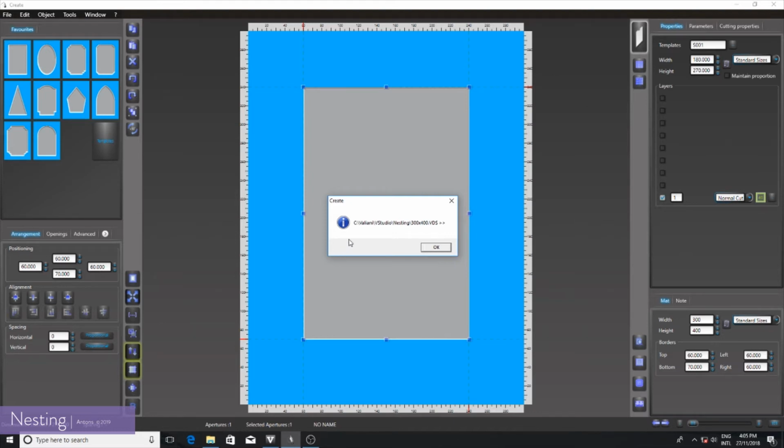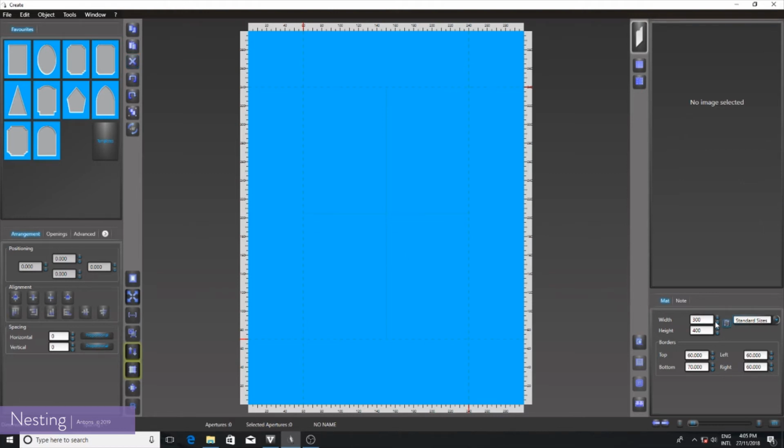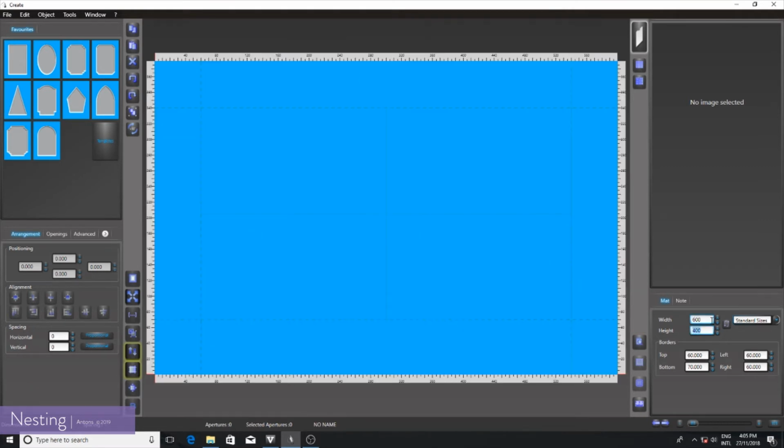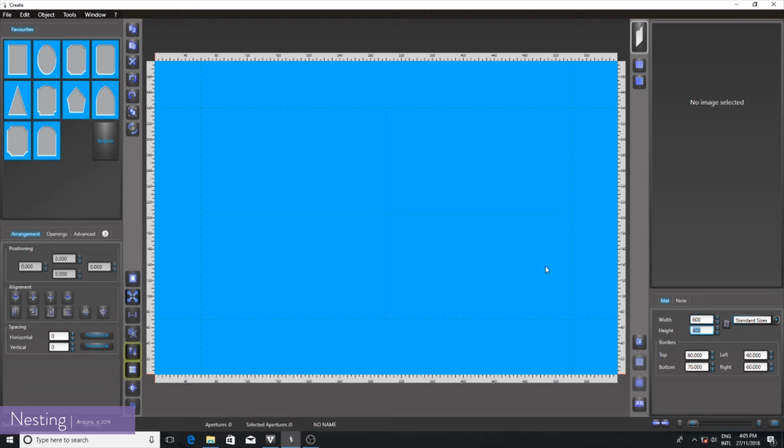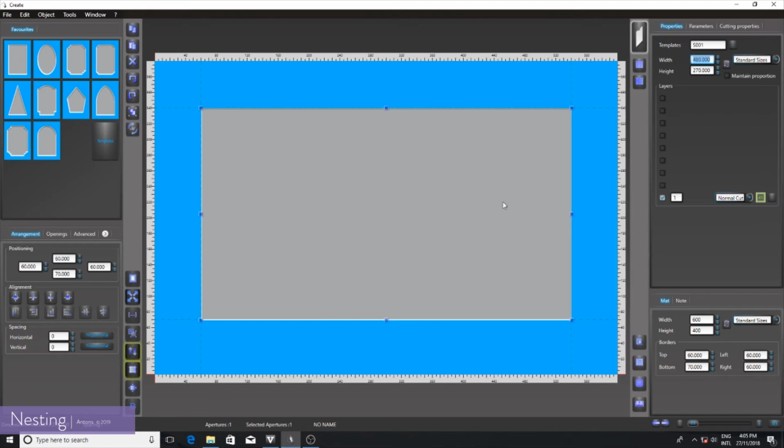When I hit this button, it actually gives me a name. So that's 300 by 400. Press OK, and I'll type in another shape, which might be 600 by 400. Bring in my template and send that one to nest,